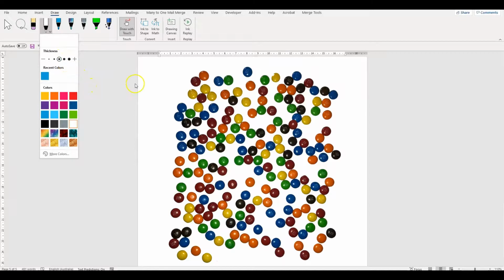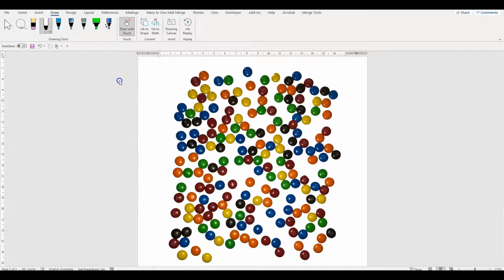So what I'll do is, let's say I'm going to start counting, let's do blues first. So I'm just going to go across, and as I count I'm going to mark them off. So just using my mouse now, I can mark it off. So that's 1, so I'm just literally drawing a line through it, 2, 3, 4, 5, 6, 7, 8, and so on. So I'm literally just marking off each one as I go,